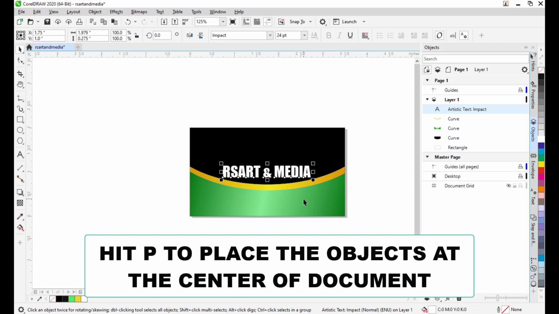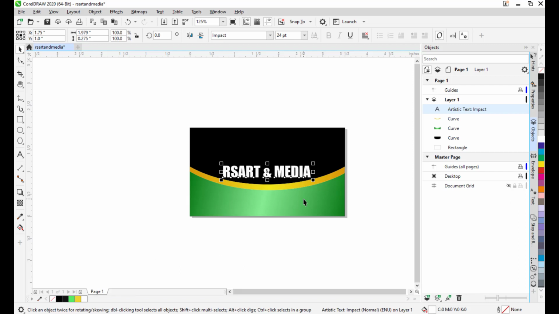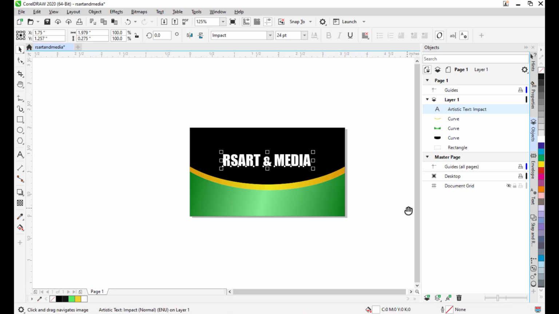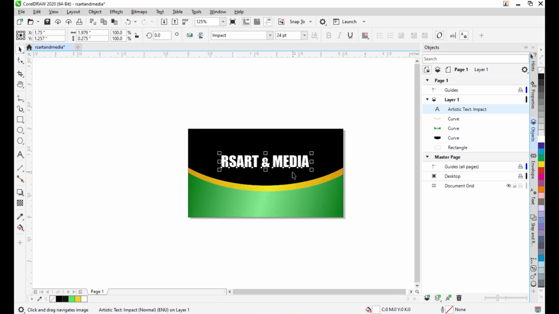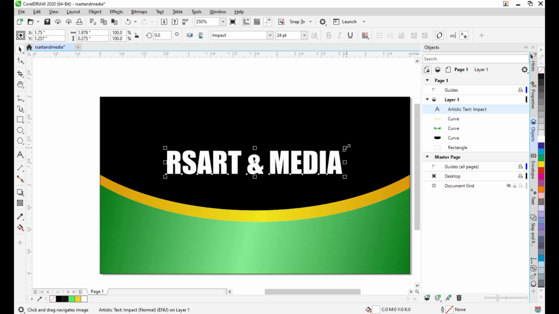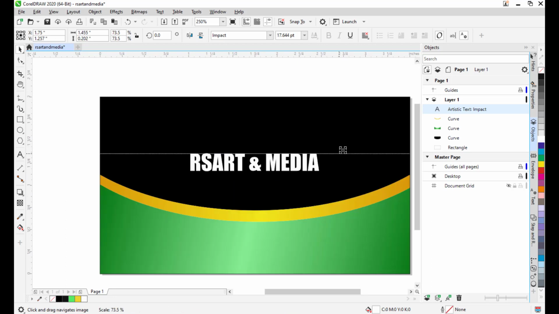So what will happen with P is the text will appear exactly at the center of the document, so that you can also move it a little bit from the center actually. So you can place it wherever you want, but the text will be at the center of the document, right? So then the next thing we are supposed to do is we'll slightly scale it down,